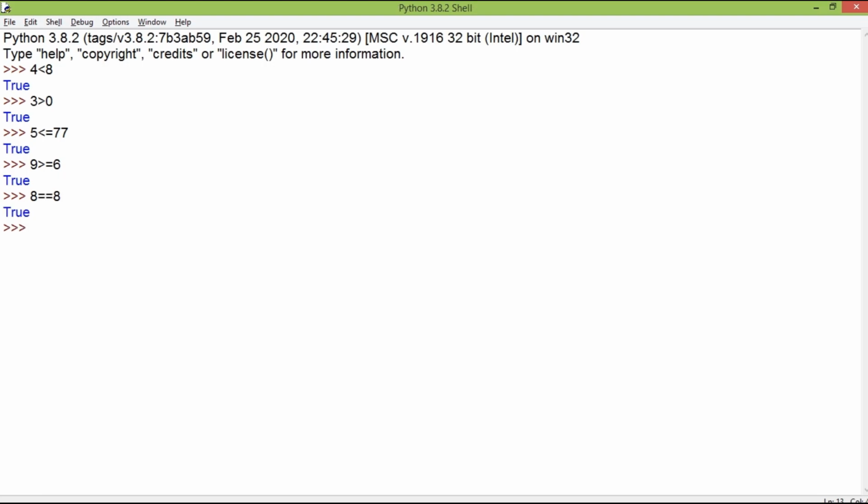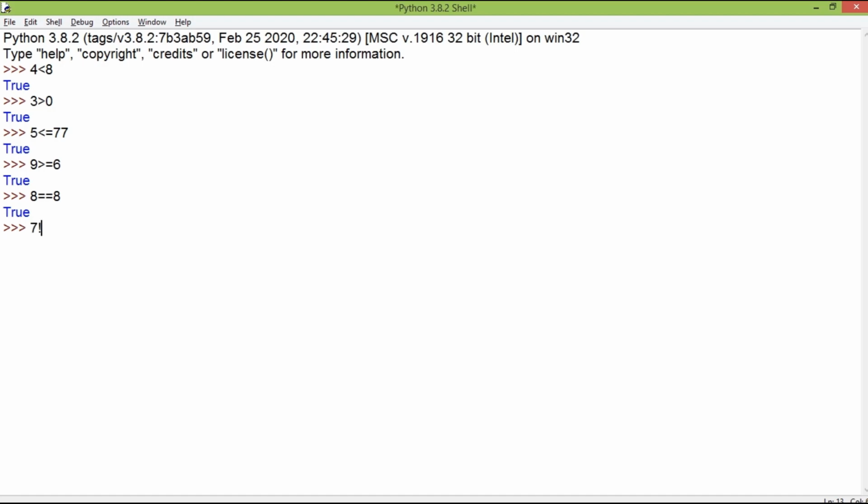equal to. Please note that this operator is different from the assignment operator. In the assignment operator, we use only one single equal to, which assigns the value on the right hand side to the variable on the left hand side of the operator. In double equal to, we compare values for equality, and a true value is returned if the numbers are equal, otherwise it returns a false value.